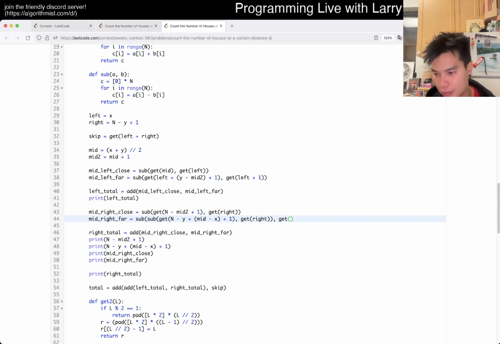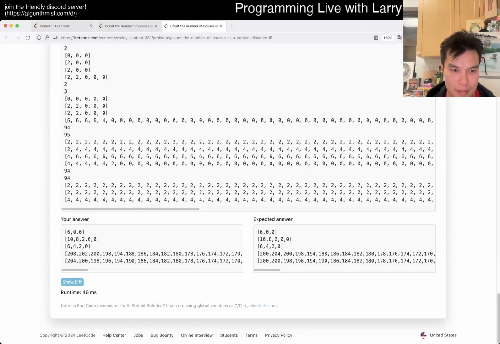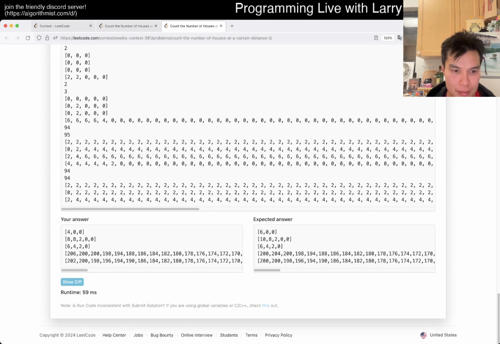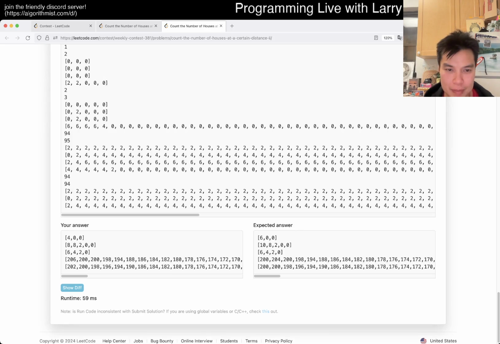Get mid minus x or something, right? Is this closer? Mid minus x plus 1. But then now this is wrong. Oh, yeah, I have expected answers. I don't need to go back and forth on this thing. But